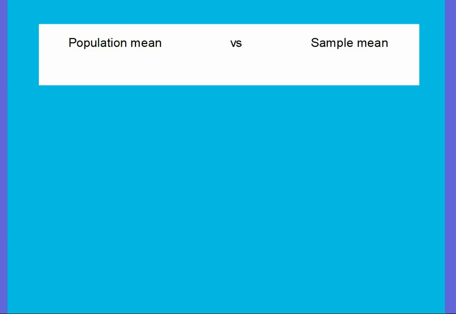Now, before we get started, we've got to understand what these two words mean. A population mean, we use the symbol mu, and a sample mean, we use the symbol X bar or capital X bar, depending on what we're using. For today, we're actually going to be using this one, so you won't see this at all. Population means everyone included. A sample mean is obviously a sample of the population, maybe 15, maybe 20, maybe 30 people are taken out